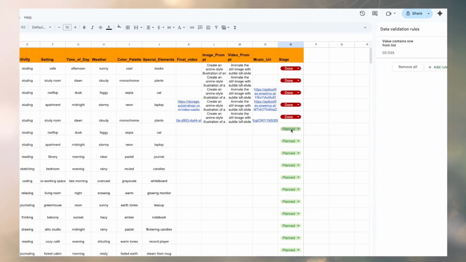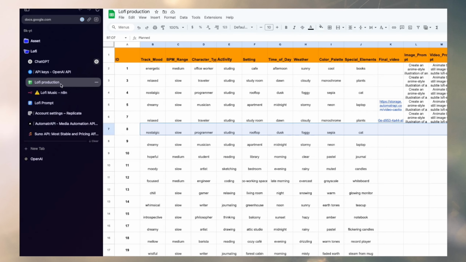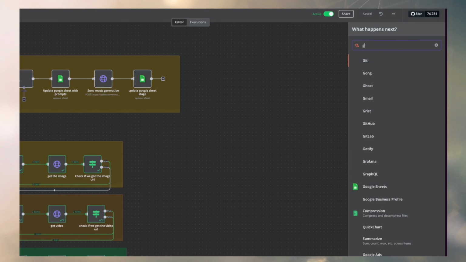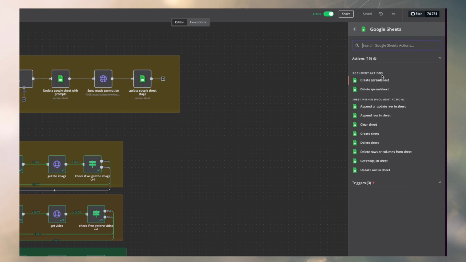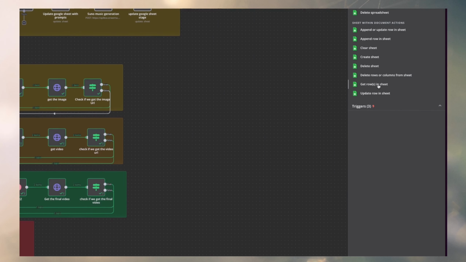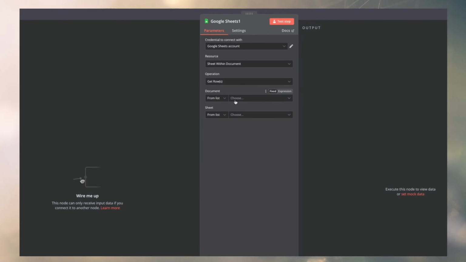So we need to start working with this row. To be able to do that, we will need to add the Google Sheet. So you click here and then click Google Sheet. You'll see multiple selections here. What we need is to get a row. So you need to search for get a row, and this is the one. So you click on get a row, and then it will ask you what is the document